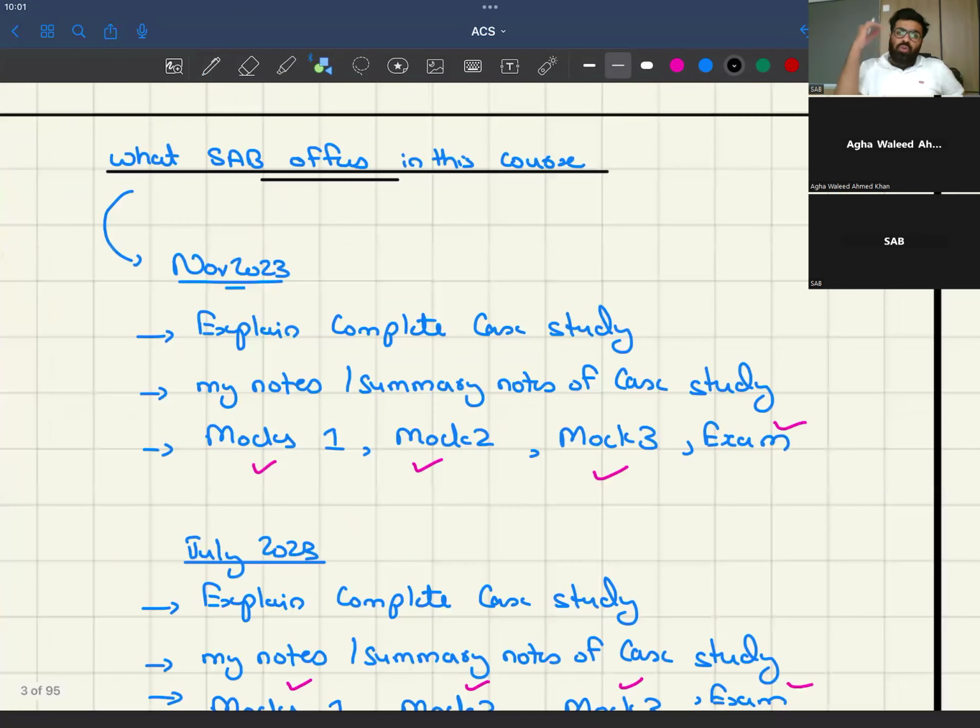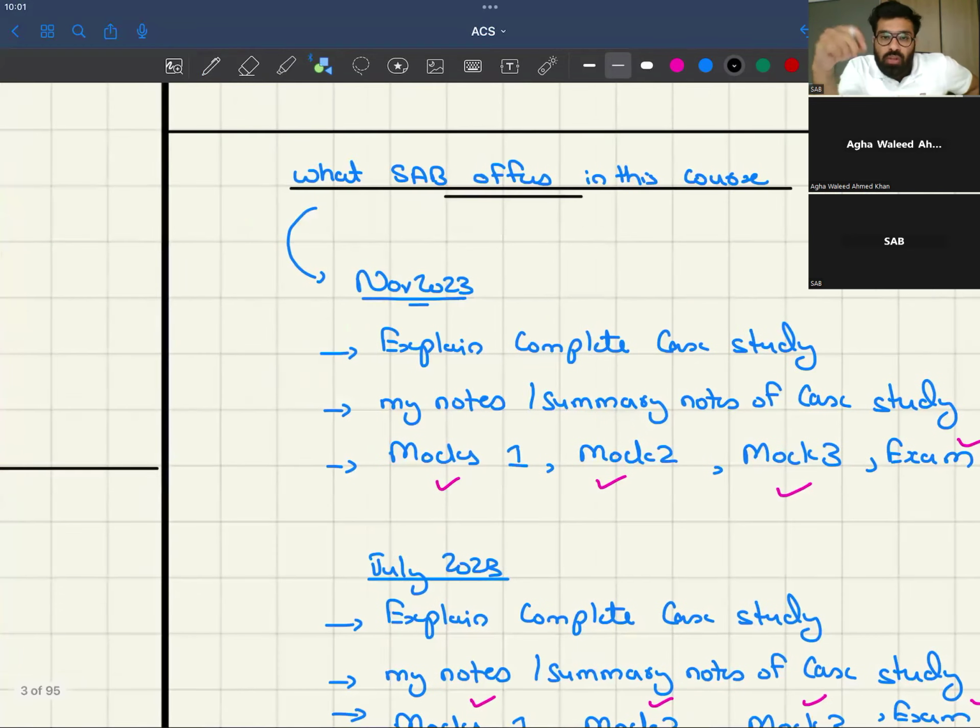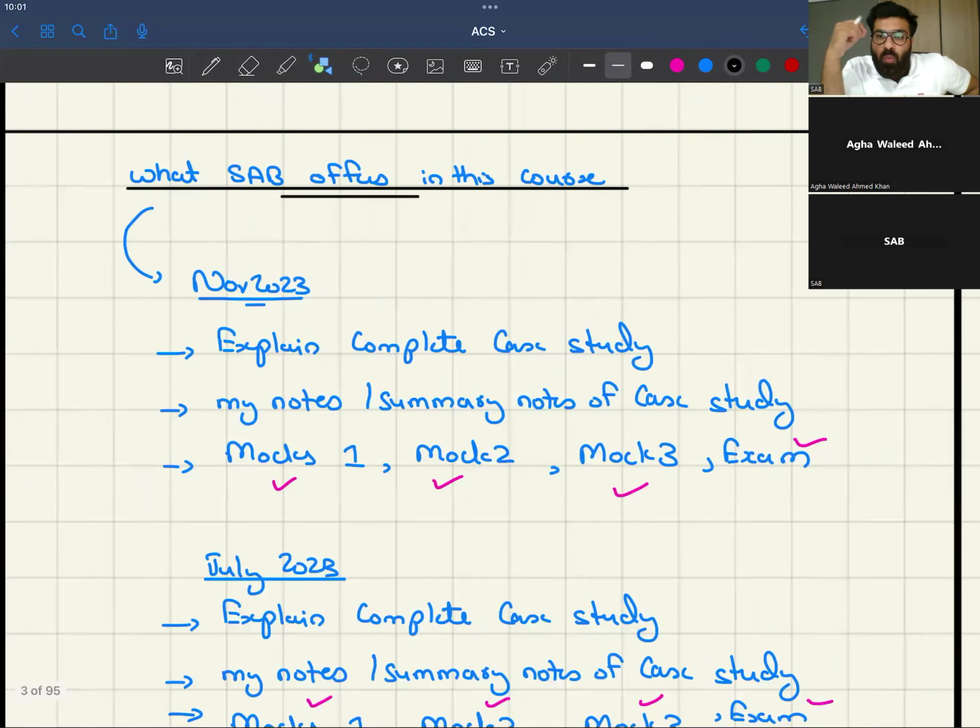Now, sir, won't you be explaining the ratios, what is gross profit, what is net profit, what is that strategy? Guys, you are chartered accountants, right? You are in one of the last papers of becoming a chartered accountant. You don't need an explanation. You are corporate world people, right? You in fact know these types of ratios more than me, but you don't know the technique to pass this paper, which I'll be teaching you